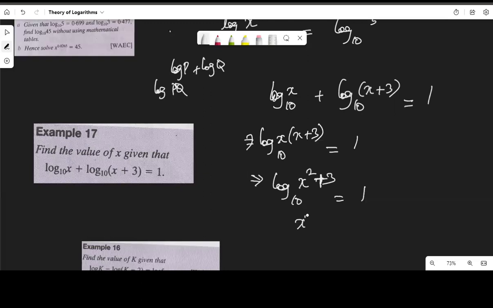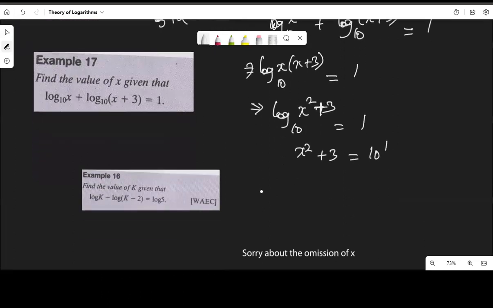That means s squared plus 3s is equal to 10 to the power of 1, which is 10. S squared plus 3s minus 10 is equal to 0. This is quadratic now. So solving this quadratic equation, we have